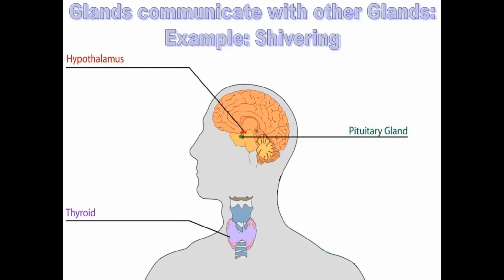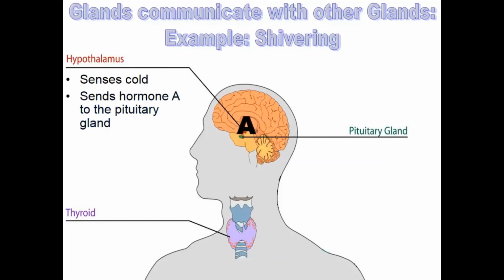So before we're done with this presentation, I want to show you an example of how glands communicate with other glands. For instance, shivering. Three glands here: the hypothalamus, pituitary, and thyroid. The hypothalamus acts like the thermostat, and it'll sense that you are cold, and it will release a hormone down to the pituitary gland. I'm just going to call it hormone A for the sake of this animation. The pituitary gland will receive hormone A, and respond by releasing hormone B through the bloodstream